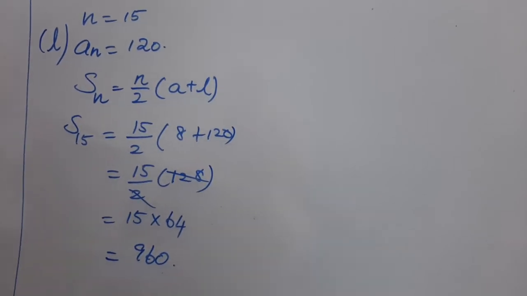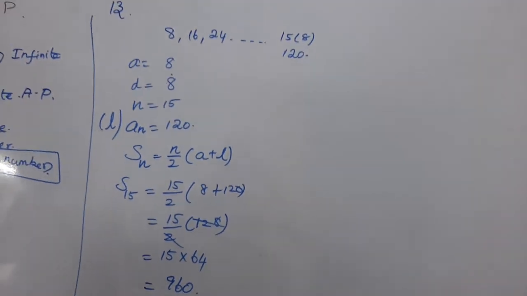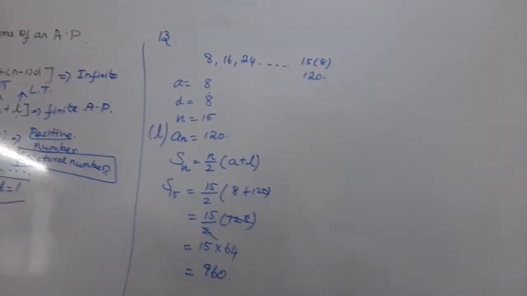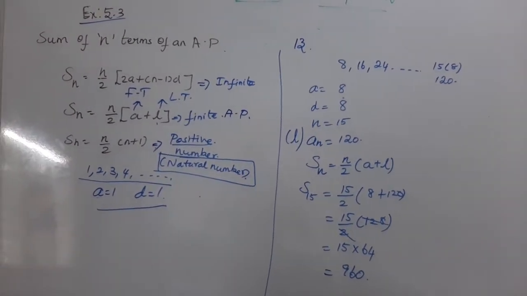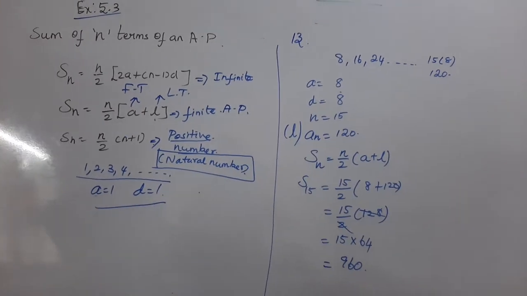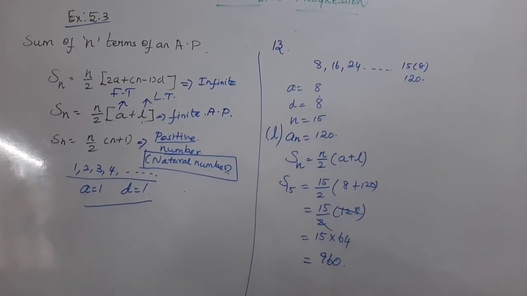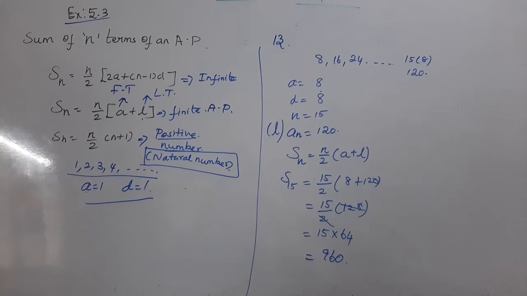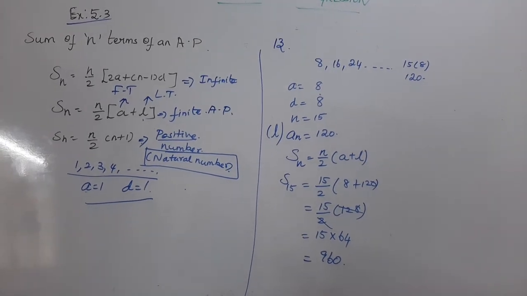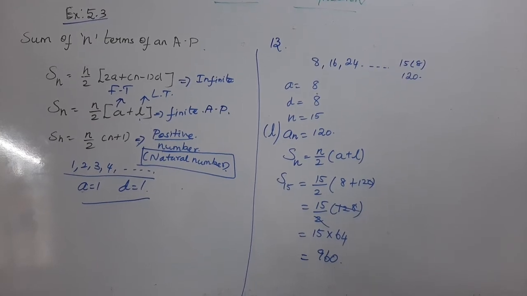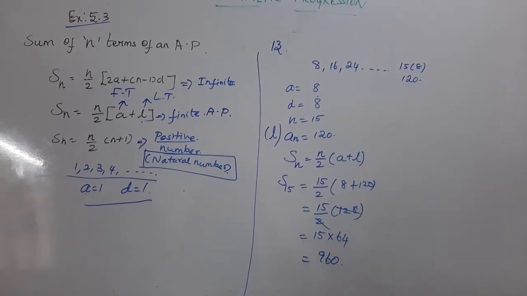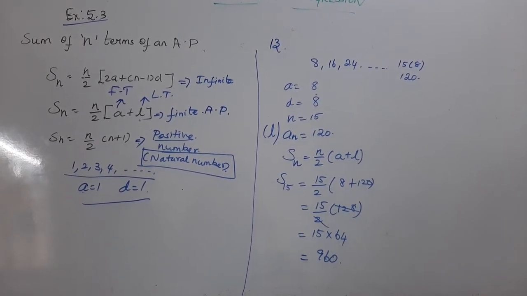This is one type of word sum, an important word sum. They will ask us to find the sum of the 15 terms of multiples of 8, the sum of the 10 terms of multiples of 3, the sum of 20 terms of multiples of 4, like that. You frame the series because you know the multiples of 8, 3 and 4. Find a, d and n and then substitute in the S_n formula to get the sum of the series.